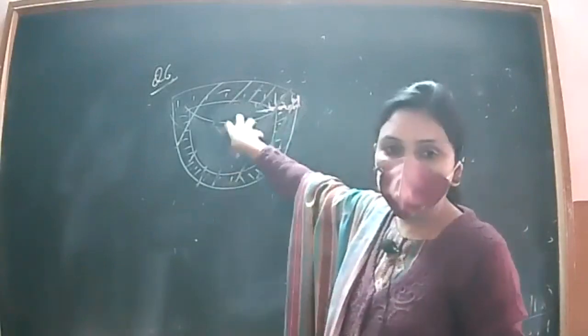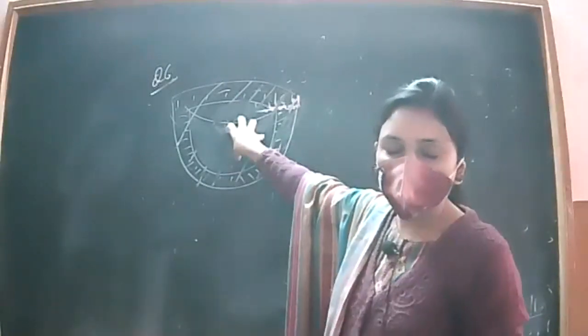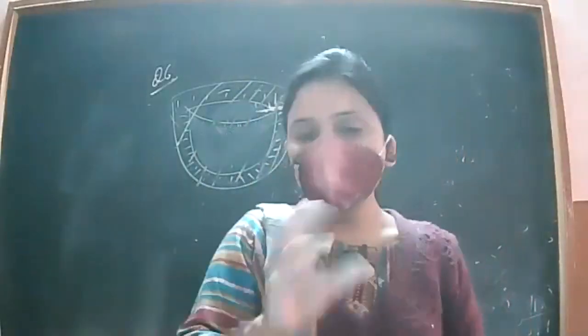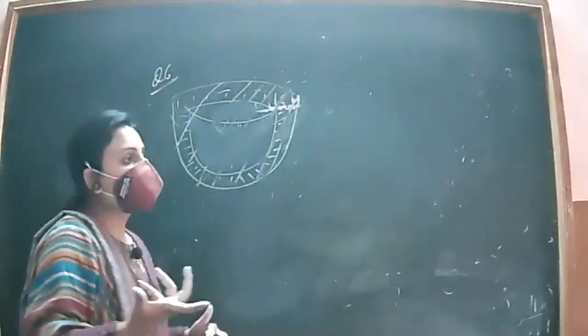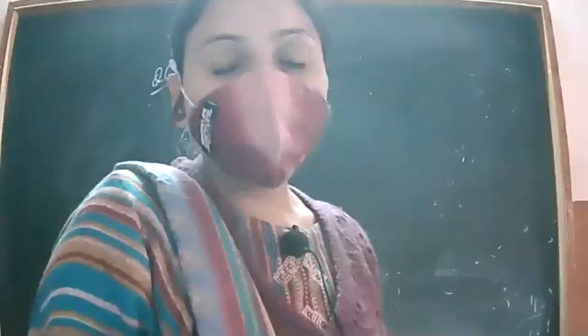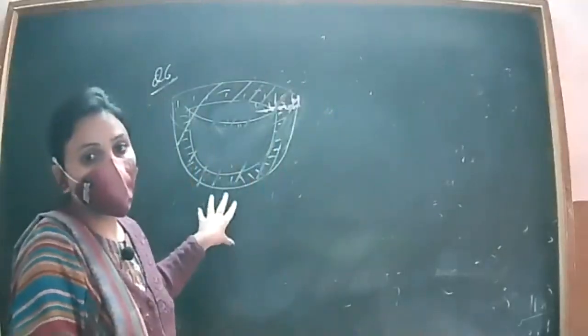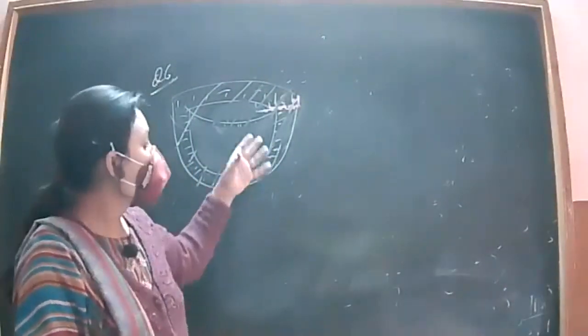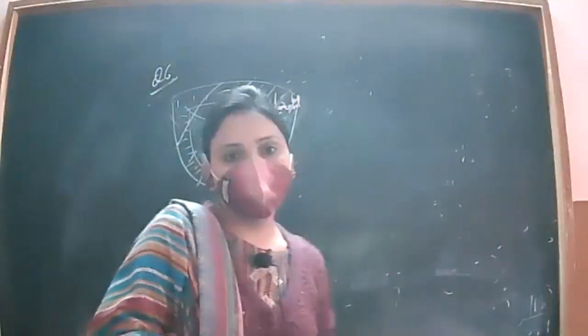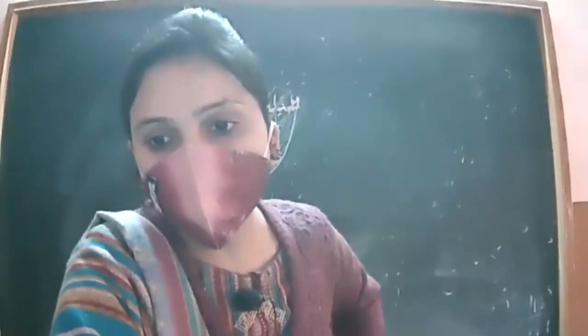It is not that inside there is a hemispherical bowl, and after adding something the outer shape became a cuboid or cube. No, on the outer side also it will be a hemisphere. So this means we will find the internal radius and outer radius, and then we will proceed further. So this is all about today's lecture. We will continue tomorrow. So stay safe, stay home.